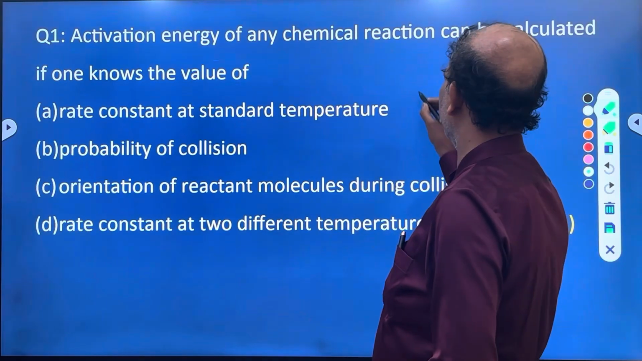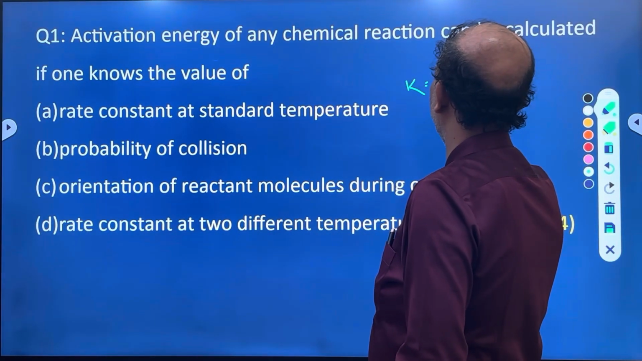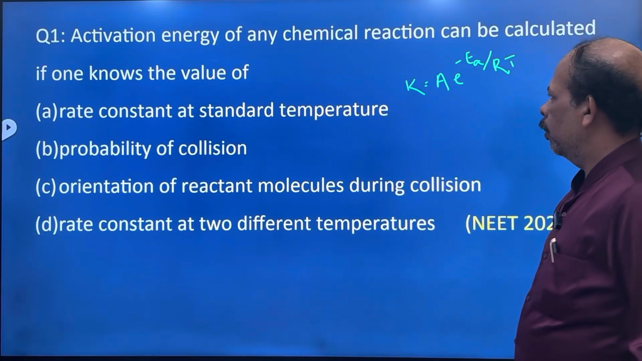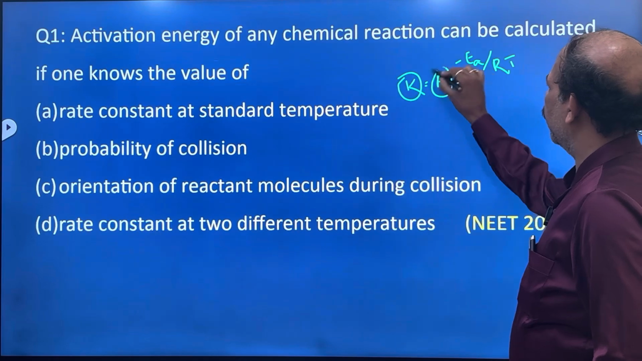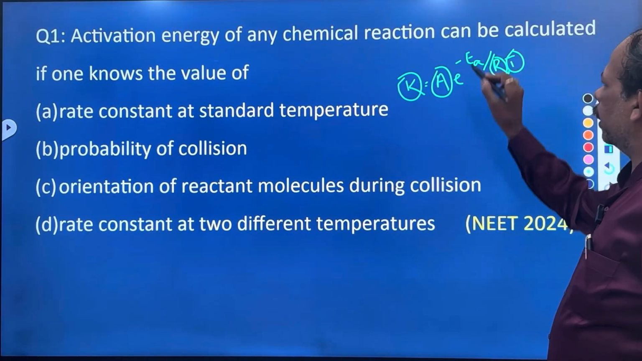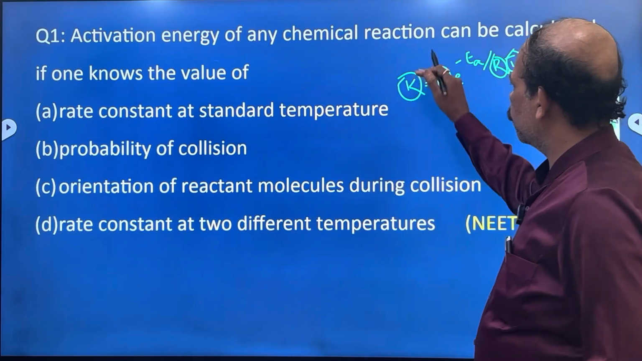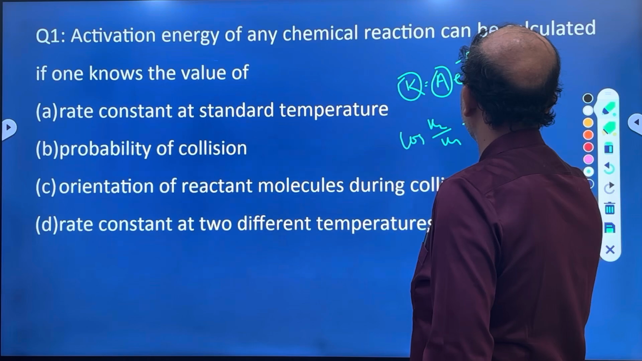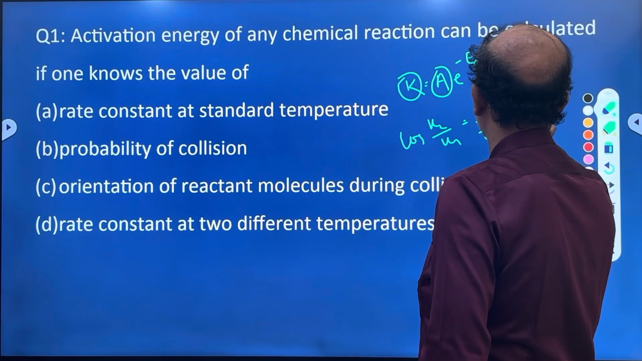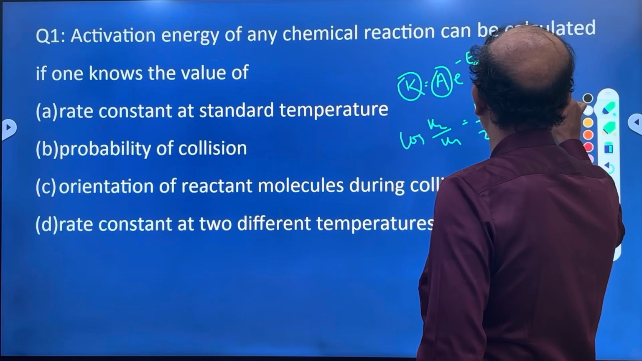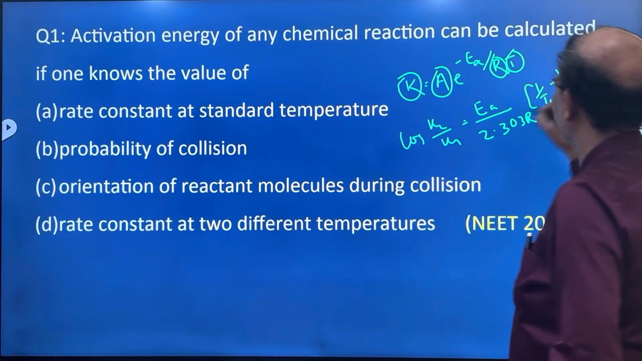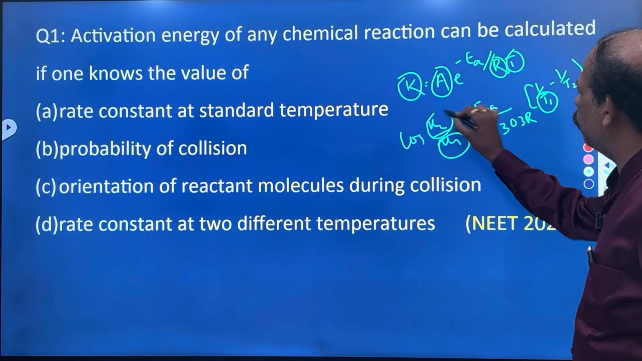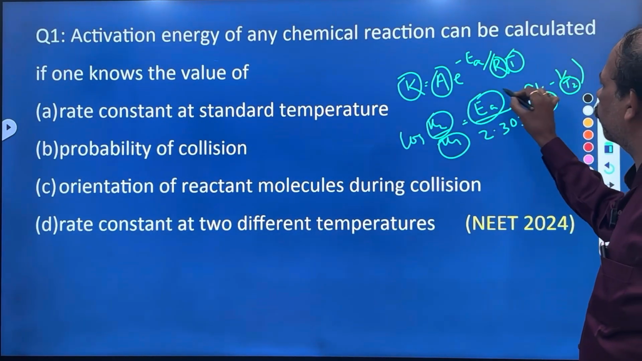What is the Arrhenius equation? K is equal to A e to the power minus EA by RT. Now, if we know K, A, R, T, then we can calculate EA. And from this one, we can get log K2 by K1 is equal to EA by 2.303 R into 1 by T1 minus 1 by T2. So, if we know K1 value at temperature T1, K2 value at temperature T2, then we can calculate EA